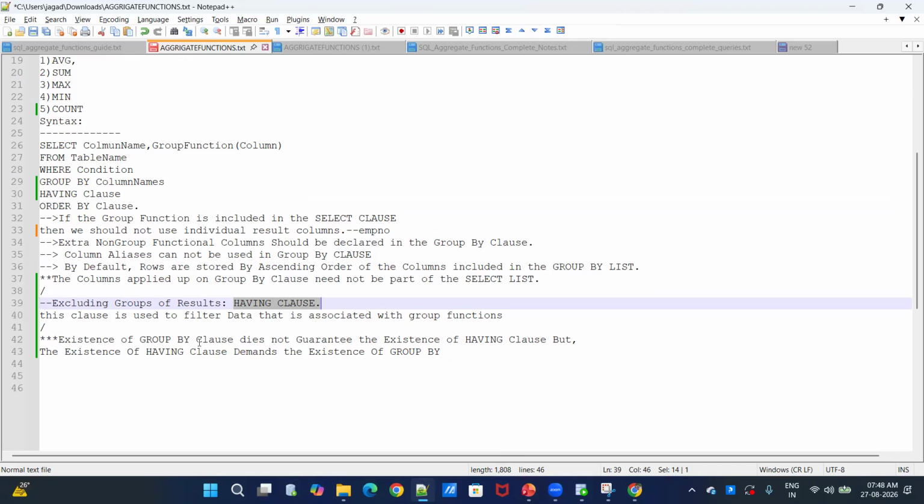Existence of the group by class. This class is used to filter the data associated group. Okay. Existence of the group by class not guaranteed. Okay. So what exactly it means? 3 stars means